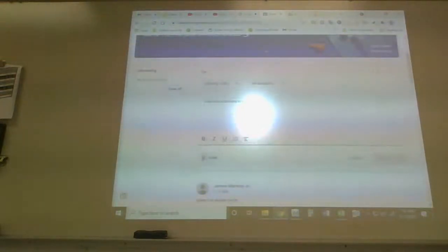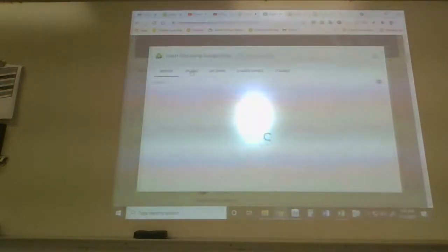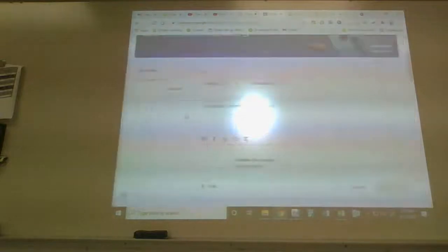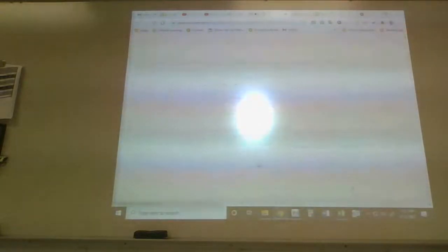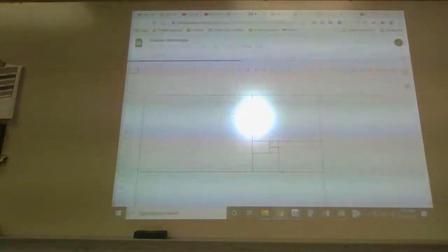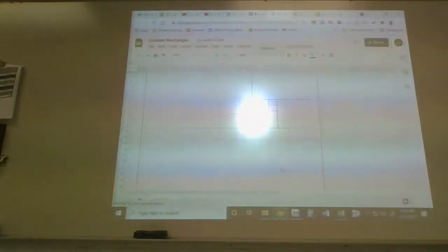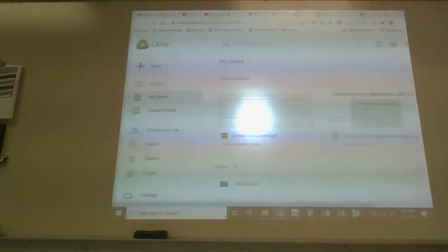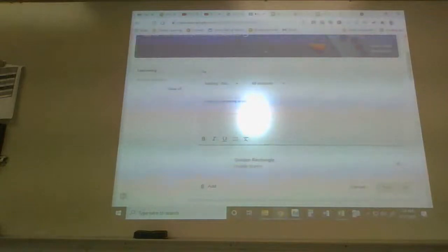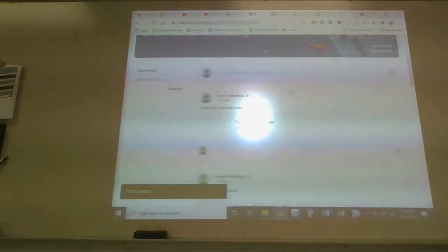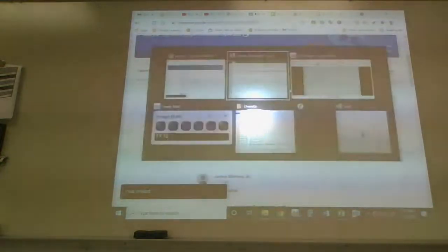Let me attach from the Google Drive recent golden rectangle. This is going to be terrible looking. I think that'll work, kind of. Let's hope. I'll give it a shot. Maybe they can actually see it. Maybe this will work better? We'll see. I'll let them take a look at that when they get the chance.